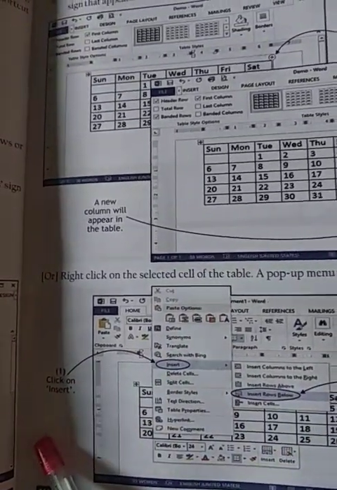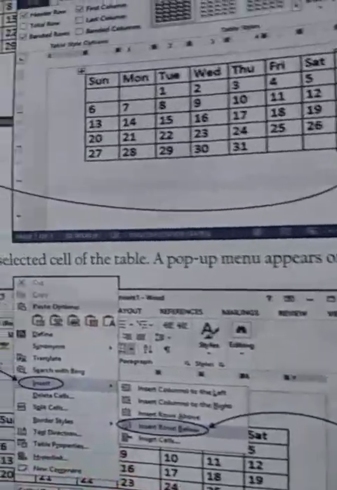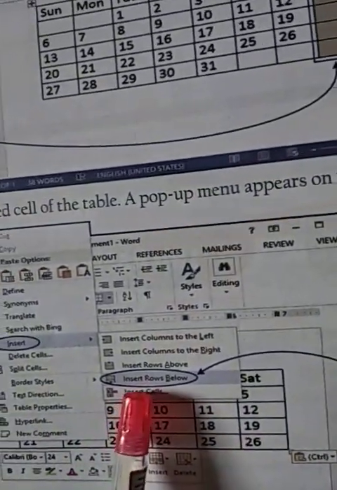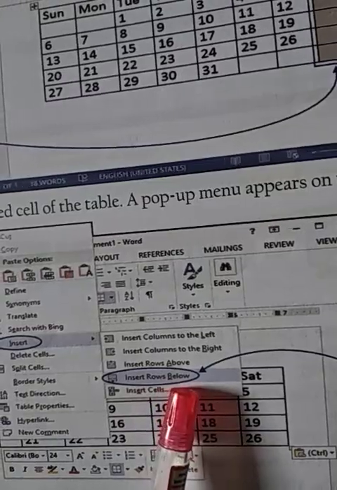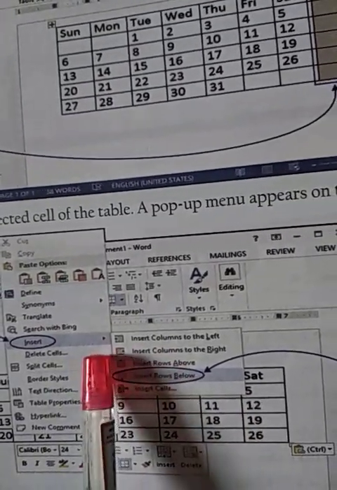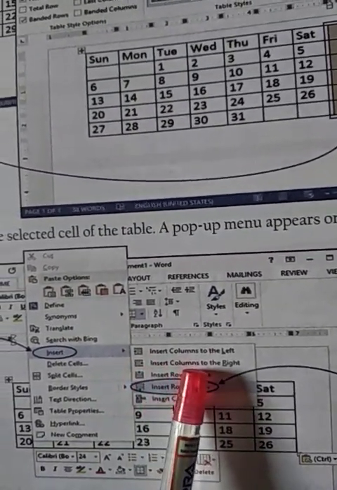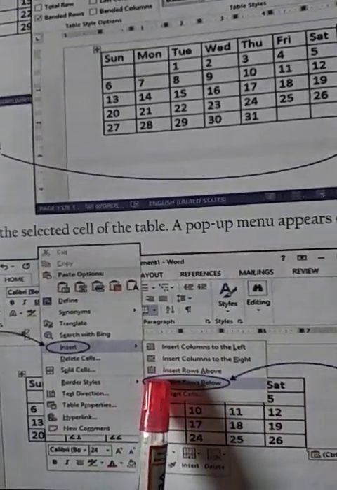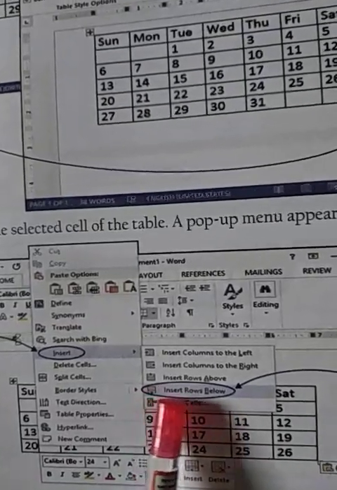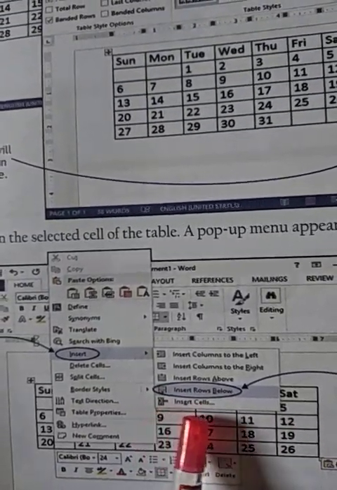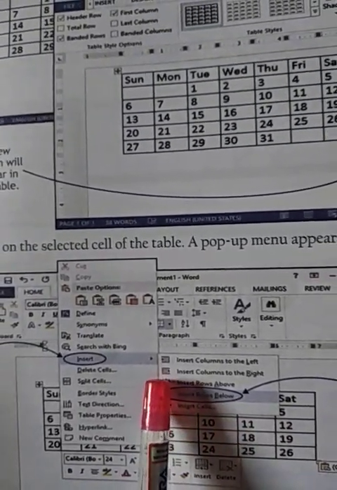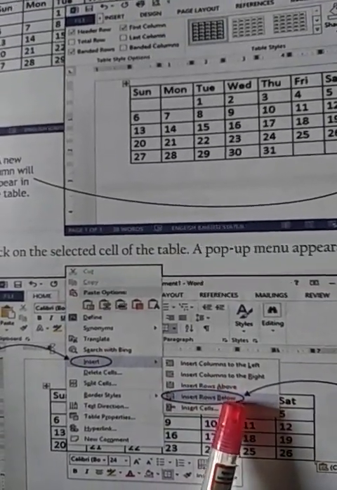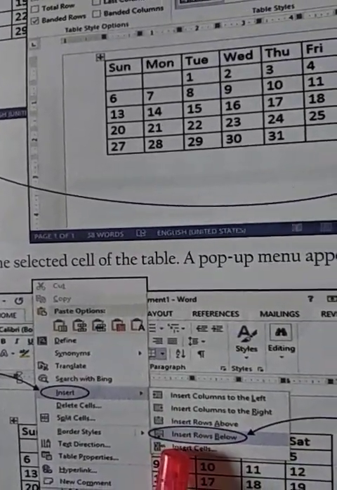When you click on the insert option, another menu will come with various options: insert columns to the left, insert columns to the right, insert rows above, insert rows below, then merge cells. Many options are available, so you have to select the choice of your need.